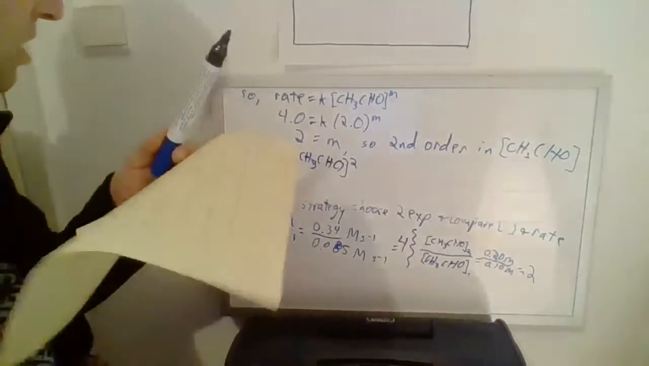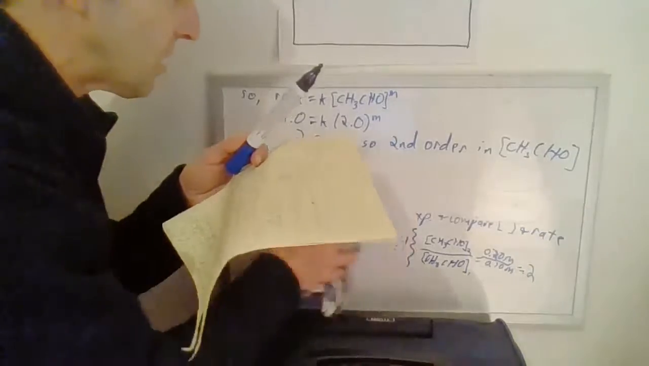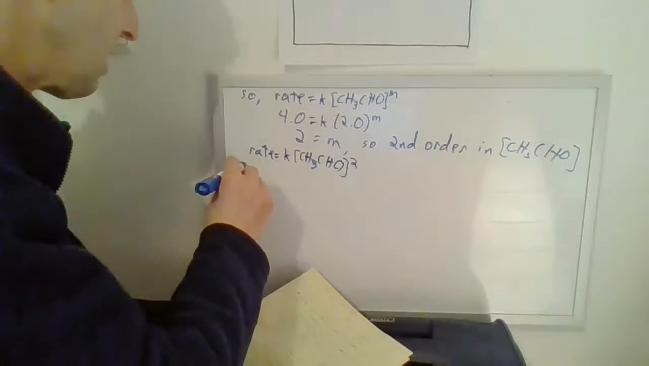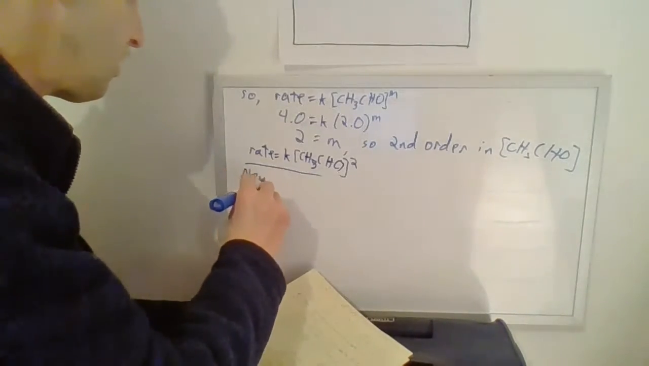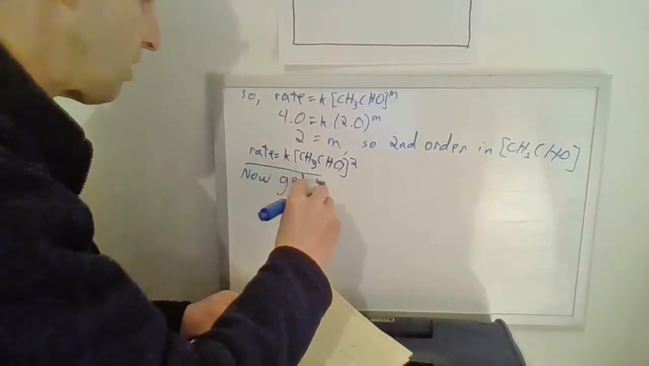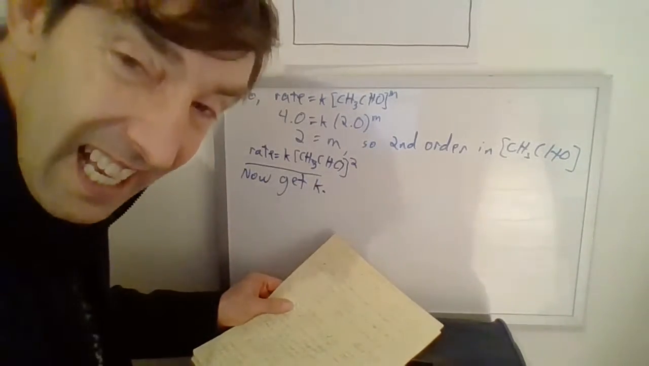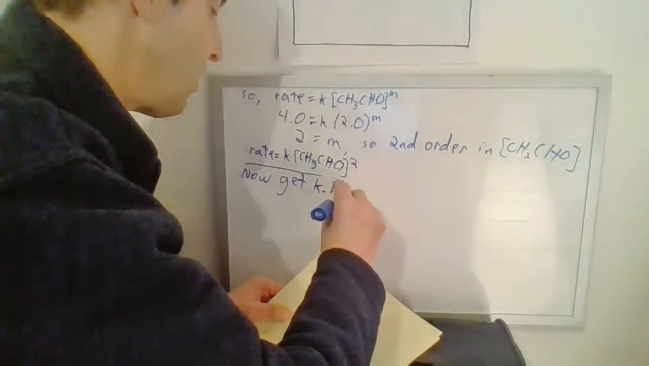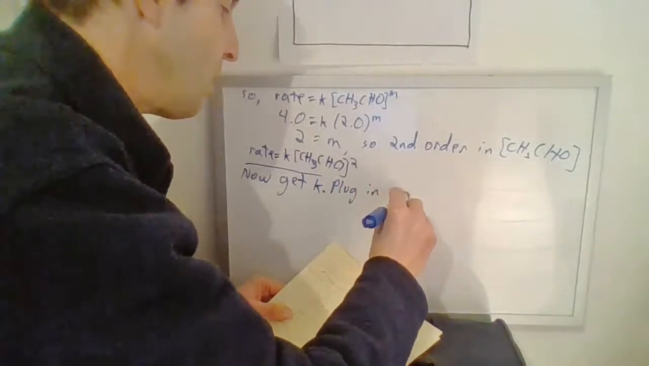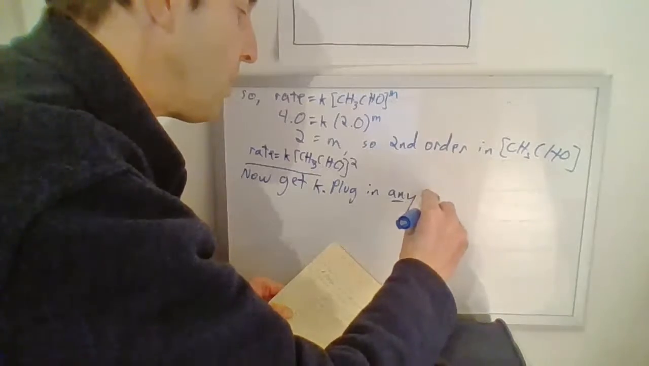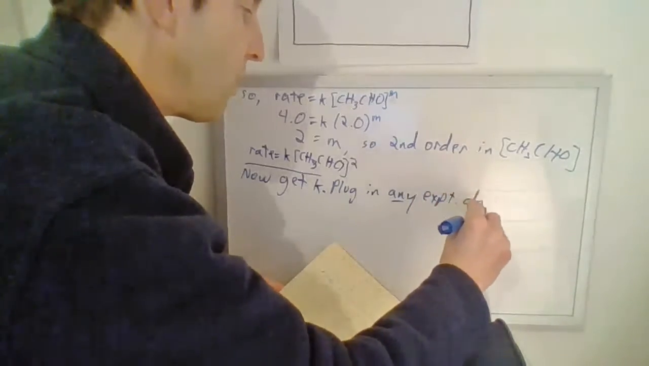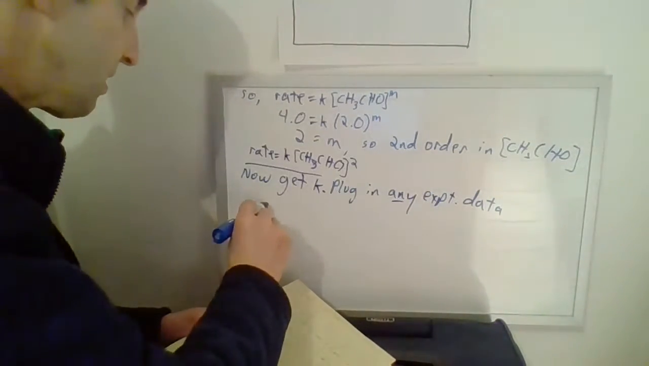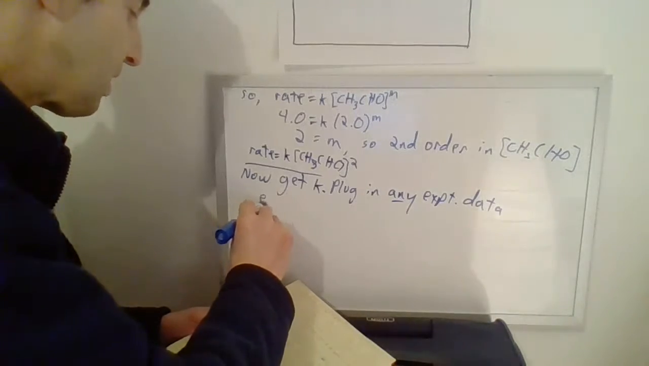Now, I've been ignoring this K. You might say, well, what's the deal, Mr. Weiss? What's this K thing? Well, let's find K. What the hey? So I'll say now, get K. Psst, it's easy. Use any experiment, 1, 2, 3, or 4. Use the data. So I'm lazy, so I'm going to use experiment 1. So here we go. The rate was,